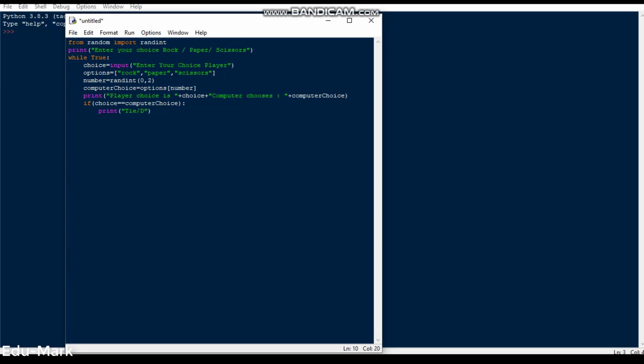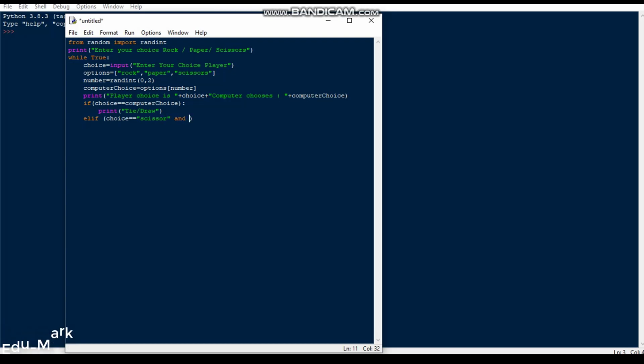So now we will say elif computer equals paper, and we will start putting the conditions. We will say elif choice equals paper.